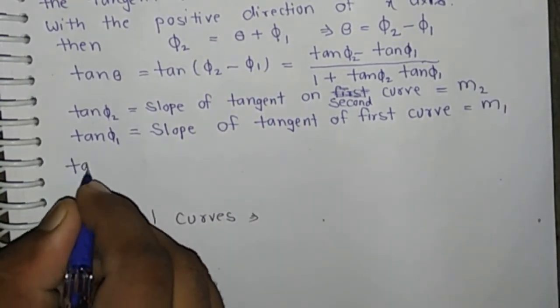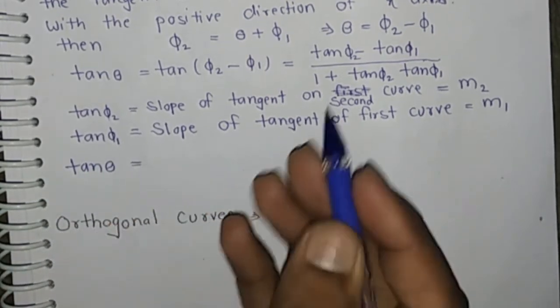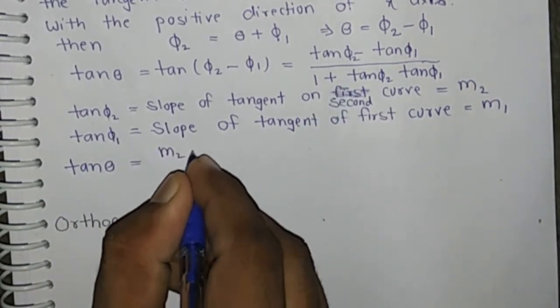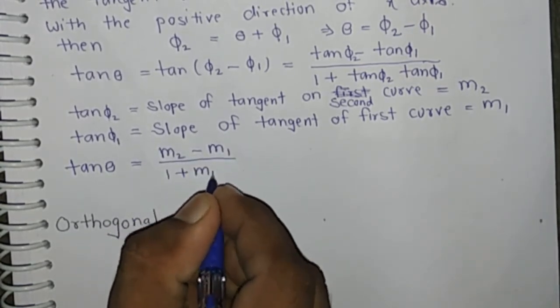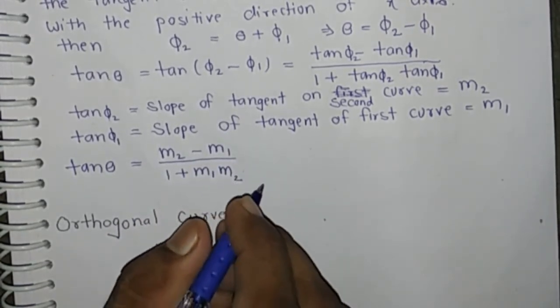Then the value of tan theta is given by m2 minus m1 by 1 plus m1 m2, where